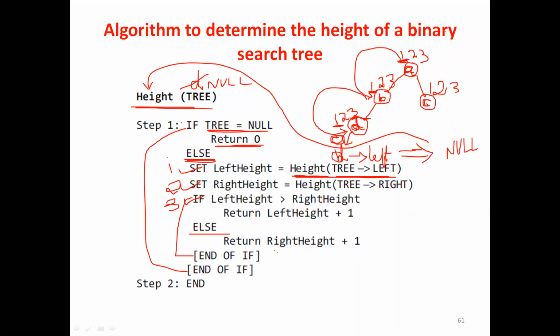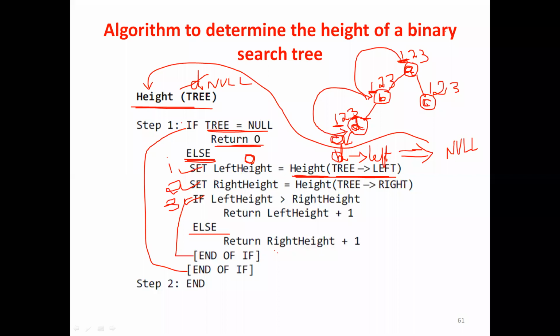Okay. So the first step, nothing but height. The first step of node D is returning 0. That 0 is stored in the left height. Keep in mind I am still in the node D only. Once it is stored, the first step of node D is completed. Then it will move to the second step.